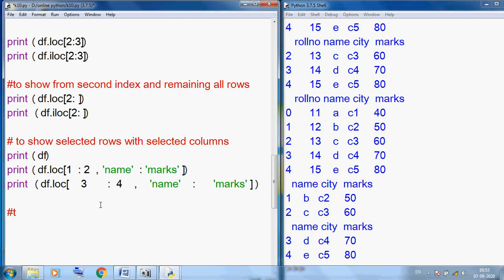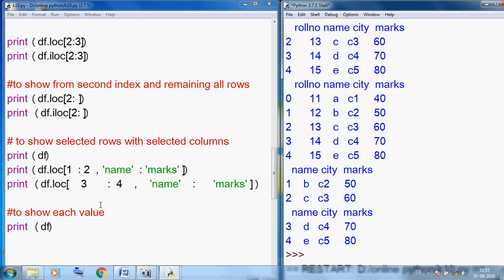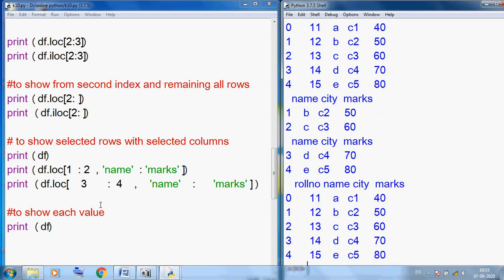We can also use this to show each individual value. But before that I want to display print df, Control S, F5. You can see this is our entire table. Suppose I want to display only roll number 11. Simply we can use print df.loc. What is the position here?